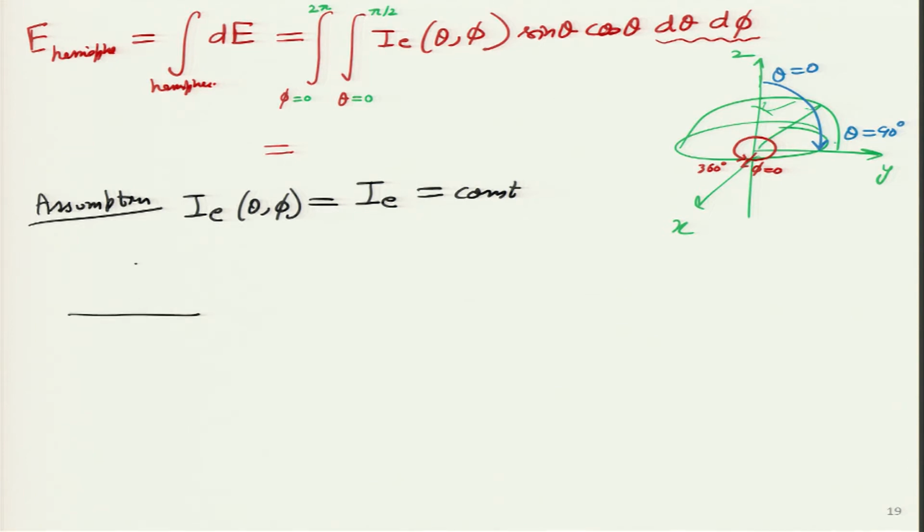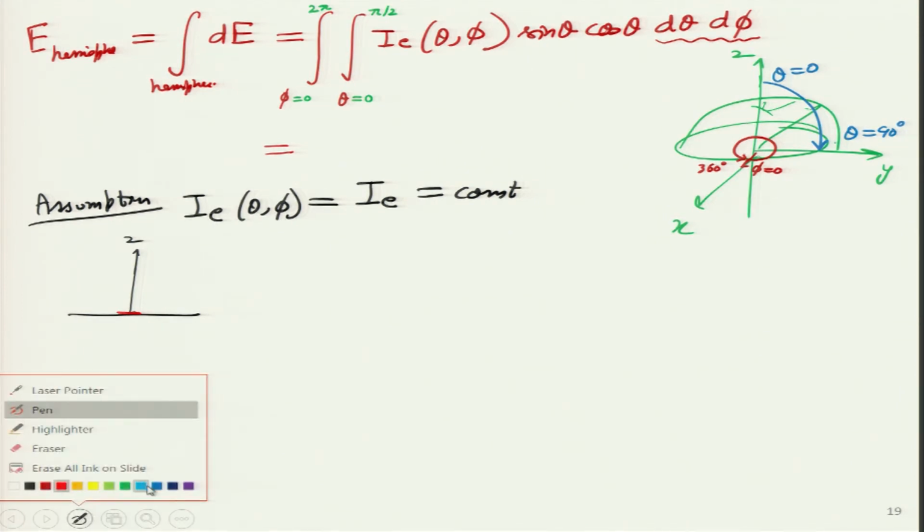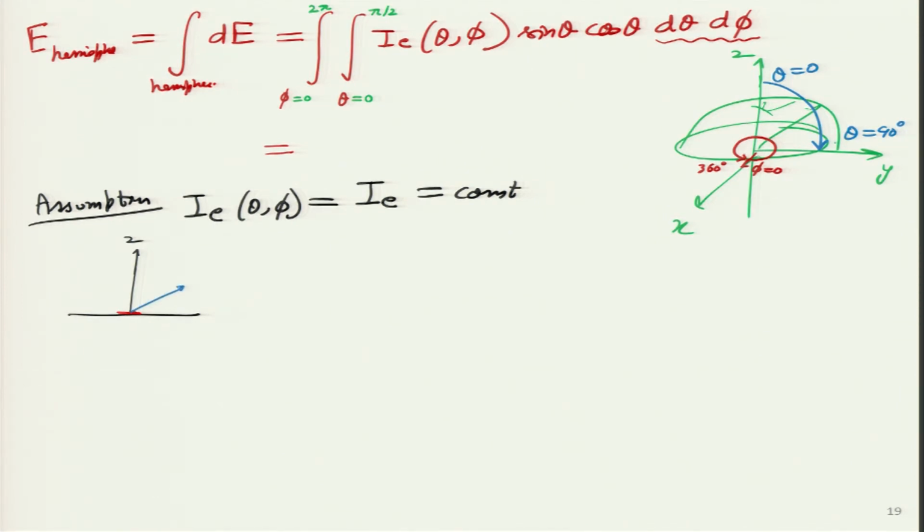So, I am going to show over here, this is my z direction. So, if this is a surface over here, let me draw it in another color. If I have a red surface which I am seeing from the side view, so it looks like a line. It is emitting equal intensity in all the directions, which means it will look like a semicircle over here. So, I am drawing the 2D view. If I draw the 3D view, it will appear like a hemisphere over here.